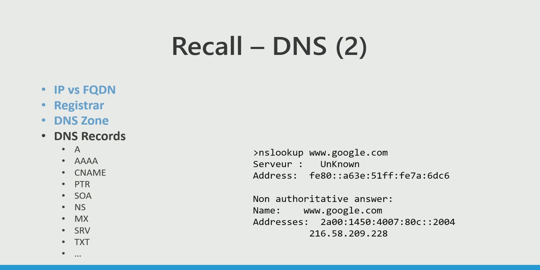And you have here on the right side an example of a query, which is on the Windows server. You have an NSLOOKUP, which is the usual command to use for that. And you have www.google.com, which resolves on IPv6 and on IPv4 down here. Okay,